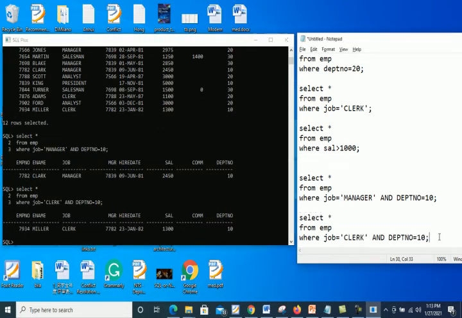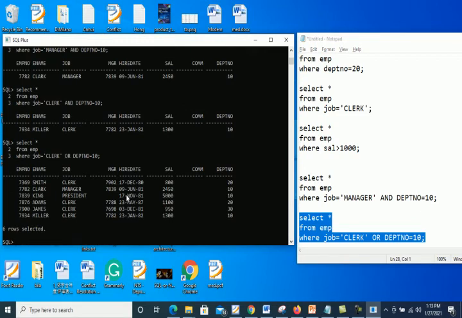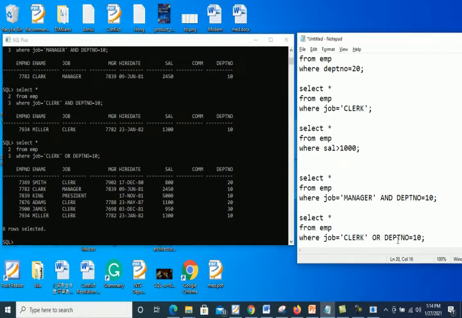And let's see the use of the OR operator. For example, if I use the OR operator here instead of the AND operator, it's also very simple. So let's see here, now our query returns 6 records in case of the OR operator, while in case of the AND operator it returned only 1 record. So why? Because in the OR operator, if one of them is true, the whole result will be true and it will return the required row or record.